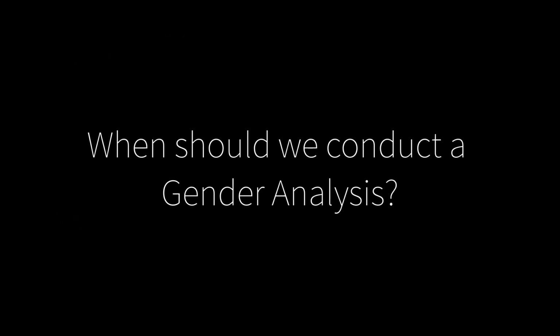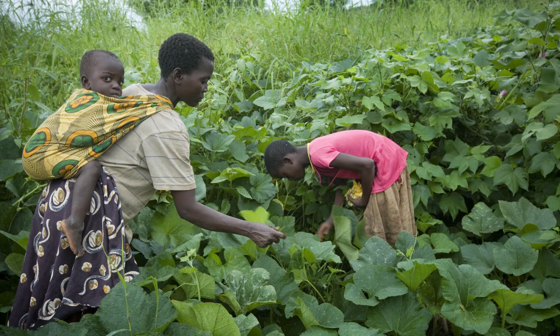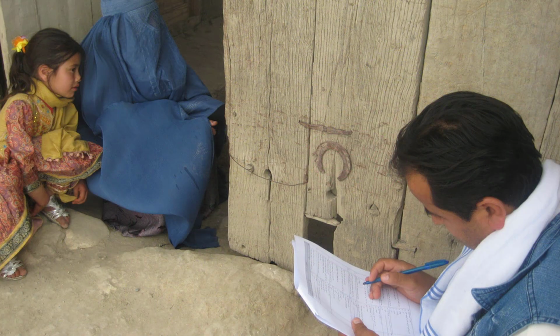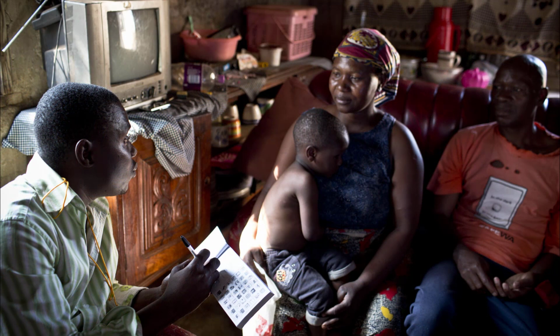Ideally, a gender analysis should be conducted before or at the start of a project to inform its design. The findings provide the basis for developing gender-sensitive or responsive indicators. These indicators can be used to track reductions or increases in gender disparities in women and men's decision-making, resource control, and leadership, along with health indicators, disaggregated by sex, to monitor any differences in health outputs and outcomes for women, girls, men, and boys. If it is not possible to conduct a gender analysis at the beginning of a project, it can be useful to do one as a special study or part of a midterm evaluation.